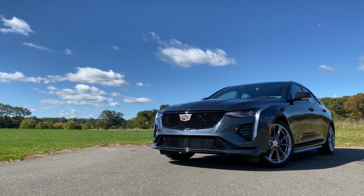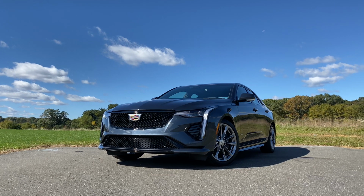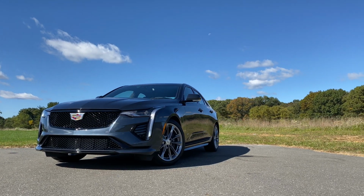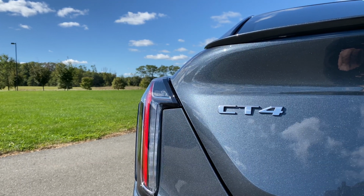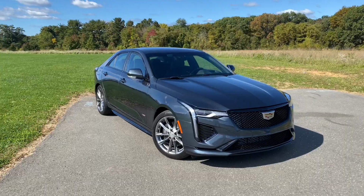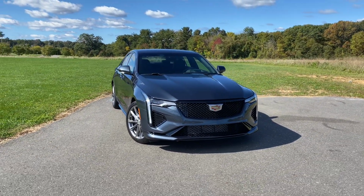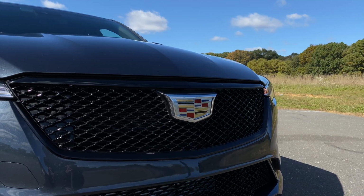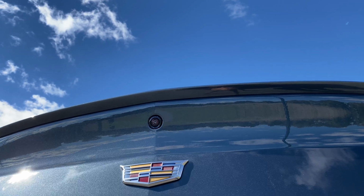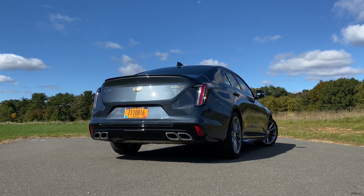Now, most of Cadillac's new lineup is inspired by the Escala concept, which is kind of short for Escalade, and that's been influencing all of Cadillac's new vehicles, including the CT4-V here. Of course, the CT4-V looks a little bit more aggressive than its slower counterpart, and that's because there are dark exterior accents everywhere, including the V-Series mesh grille, which I think looks really, really cool. You got dark accents on the side view mirrors, the moldings, the rear spoiler, and then you have quad exhaust tips, which are kind of actually